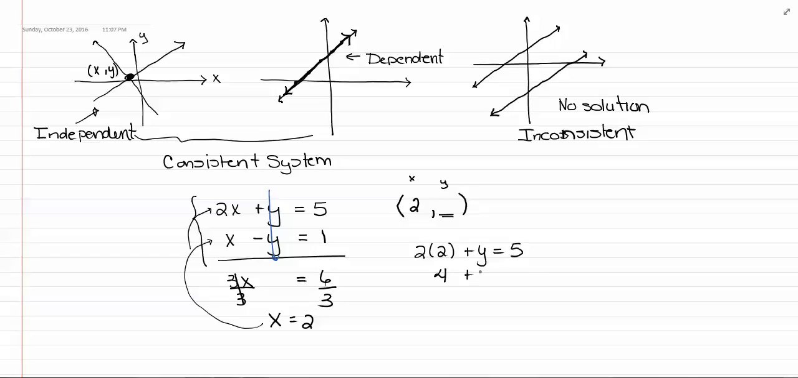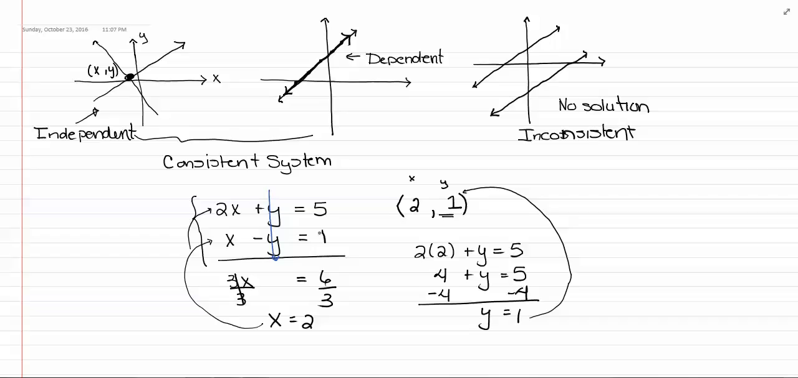4 plus y equals 5. Solve for y. And I get y equals 1. So that's going to be the point (2, 1) that happens to occur on both lines. And you can check this